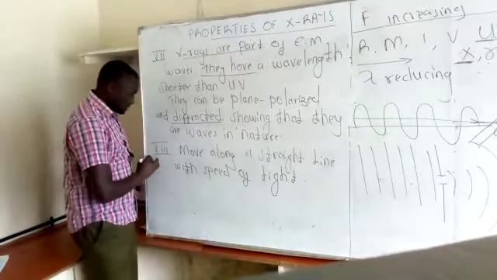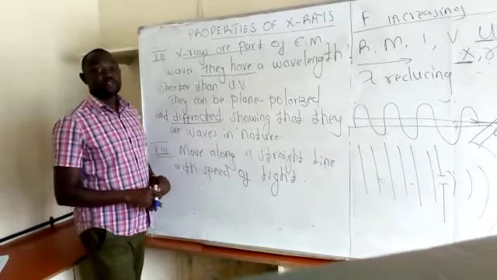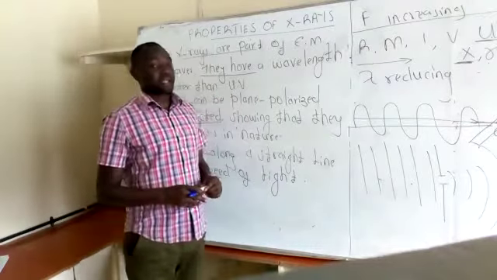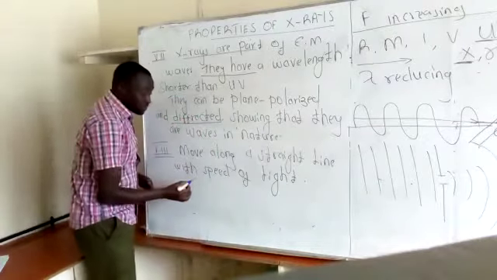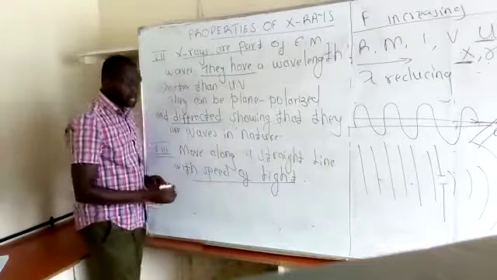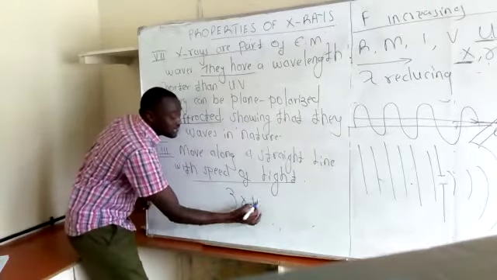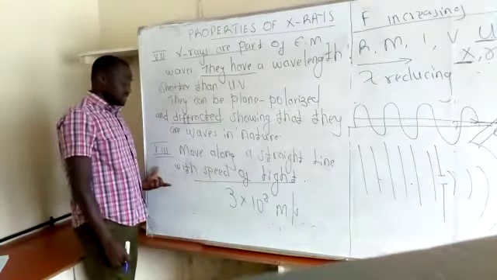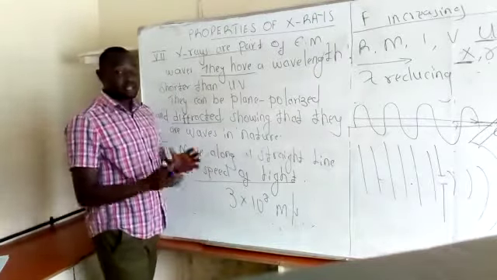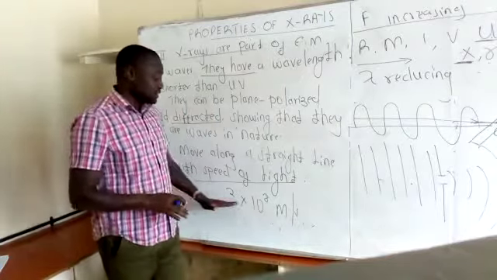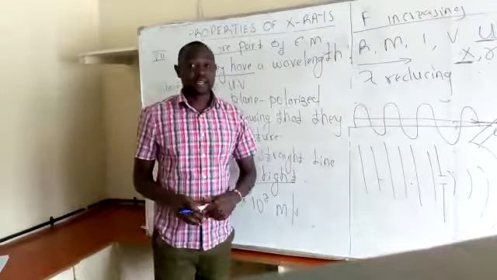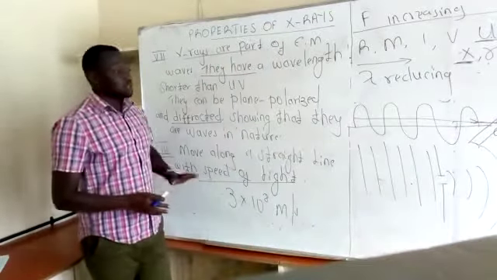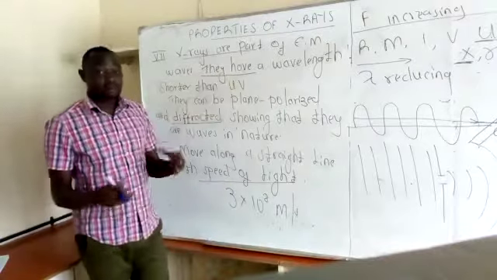Finally, X-rays move along a straight line. They are linearly propagated, and they do so with the speed of light, which is 3 times 10 to power 8 meters per second. Therefore, they are linearly propagated. They move along a straight line with the speed of light. Those are the properties of X-rays, the 8 of them,